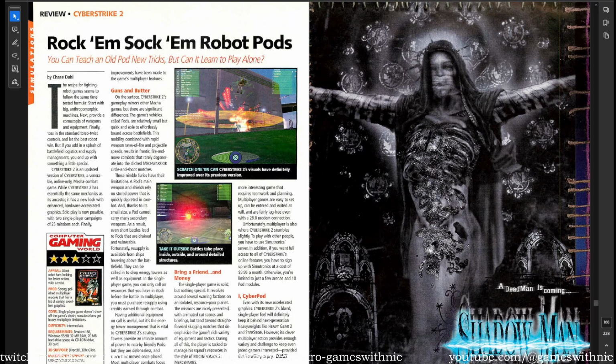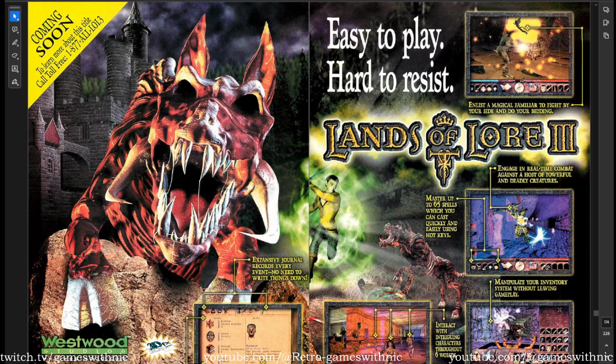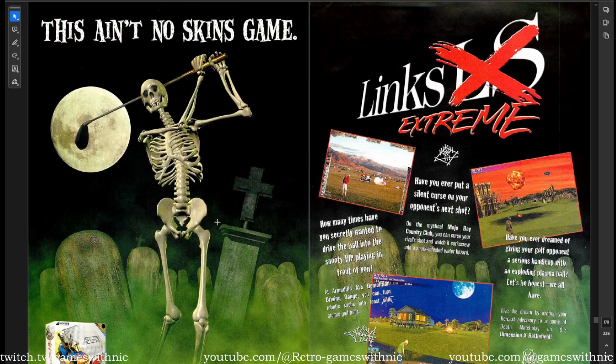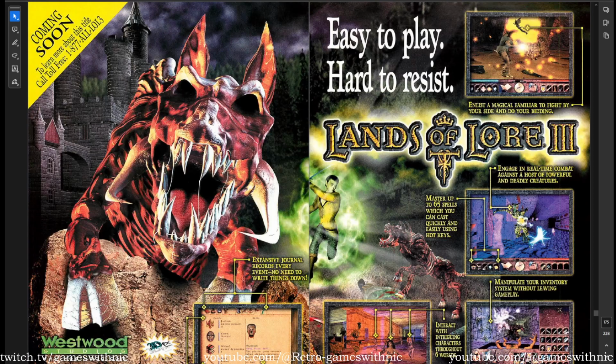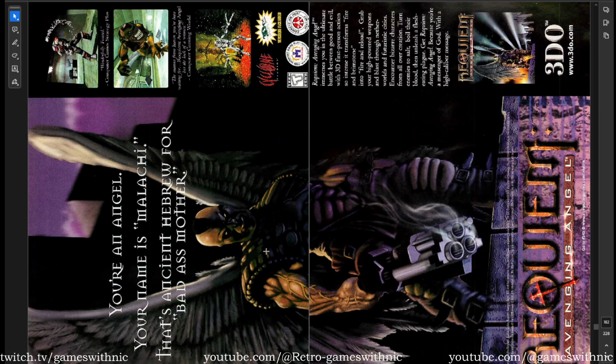I love Shadow. Yeah, no, just look at, maybe it's good, but eh. Westwood. Westwood is known for Command and Conquer, so it's kind of weird. It's kind of like fantasy game, but